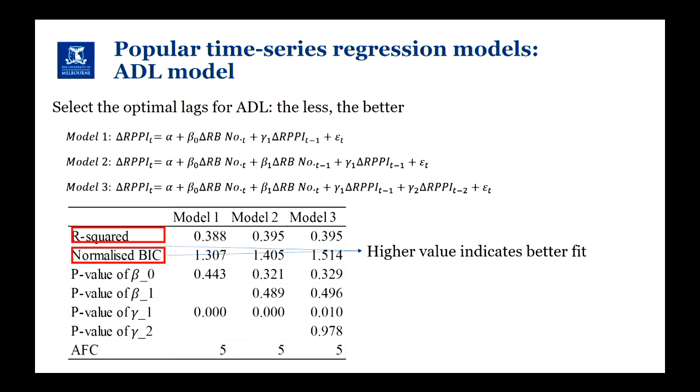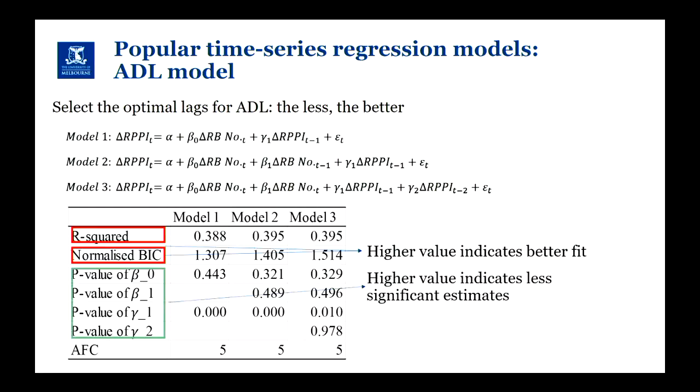Also the normalized Bayesian information criterion, which also indicates the fit of the model. For these 2 statistics, a higher value indicates a better fit. So if the value increases, that means we should include more lags. We will also refer to the p-values of the coefficients for the included lags. Again, here it is the other way around: a higher value indicates a less significant estimate. And here we can find all the coefficients for the